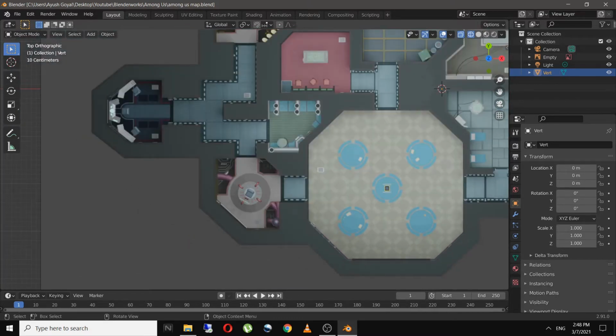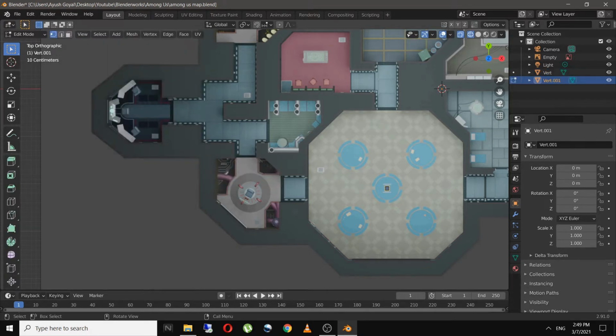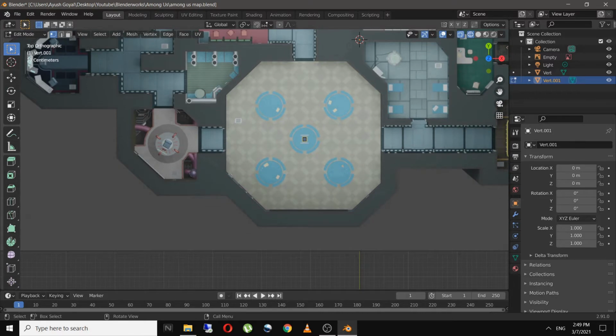I'm going to repeat the same process to build the inner walls of our map by adding in another single vert and extruding it.